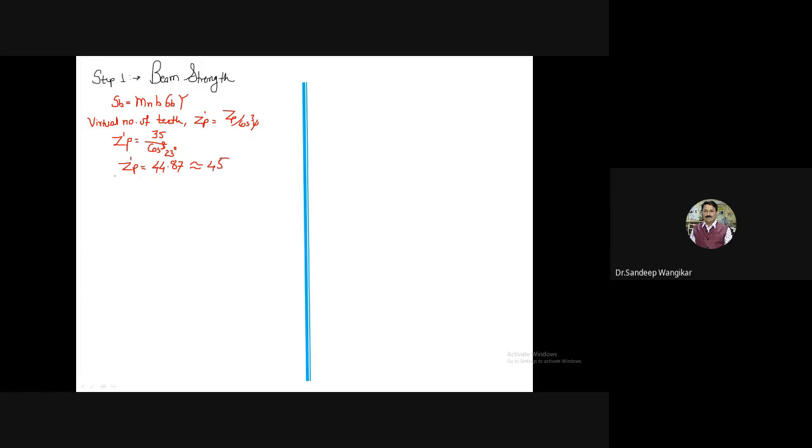And Y value is given. So I will say Y for 45, because it is mentioned Y for pinion is given. So Y for pinion is equal to Y for 45 number of teeth, and referring to whatever value is given, 0.3986. Now I will calculate SB. SB is equal to 5 into 40 into sigma B, SUT divided by 3, 450 divided by 3, into 0.3986. You will get the value of beam strength in Newton. Tell me the value for beam strength.